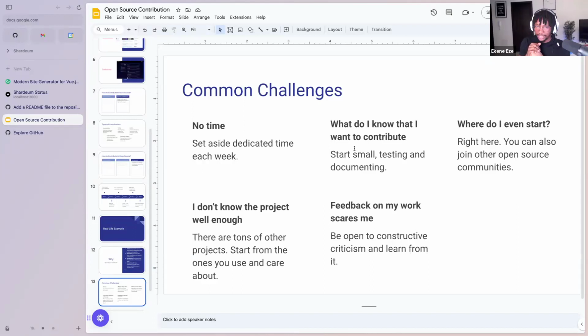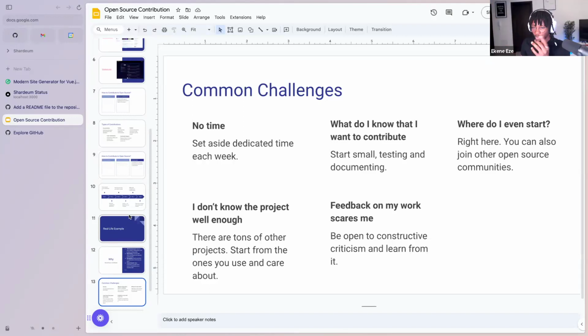But this is the advice that he gave me as well, because it's something that I needed to do, something I want to get better at doing. Start very small, start from testing and documenting, which is what I did that time that I was showing you how to work with it, how to contribute. One of the first things to do is, if you're feeling like you don't know what to do or how to contribute, or you feel like this thing is way over my league, I can't possibly make any meaningful contribution to it, start very small, right?